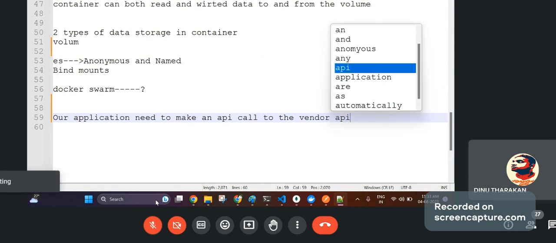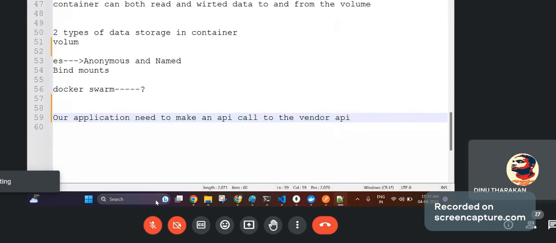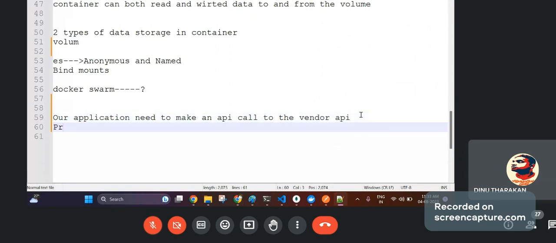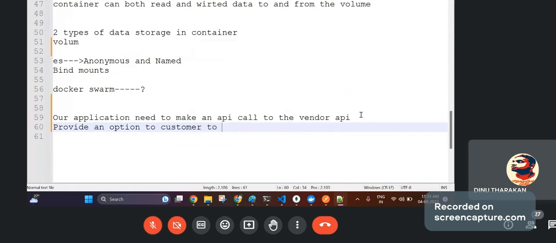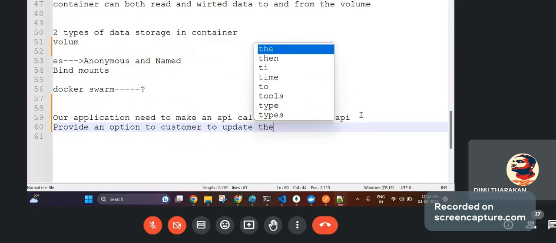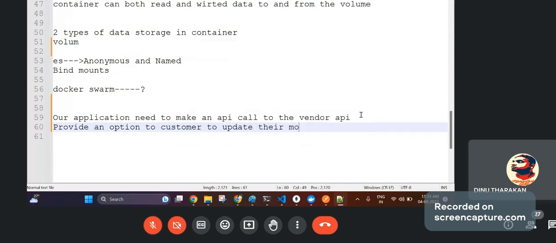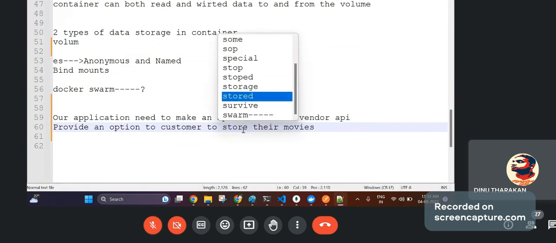They will give the API details, which are over there in the app code, and provide an option to the customers to update their movies. Okay, not update, store their movies. This will be the general idea your business analyst team must have given to you.